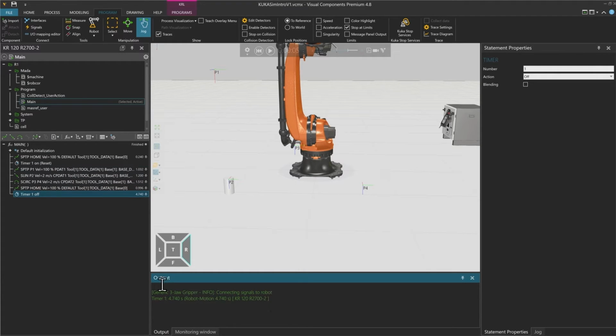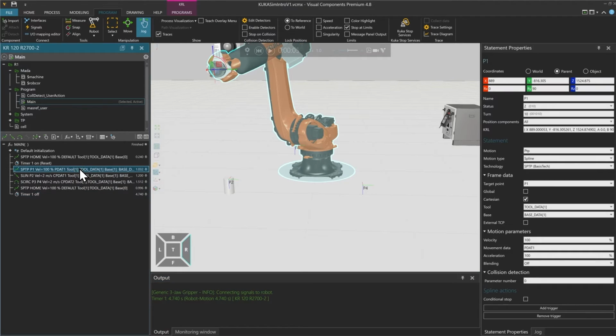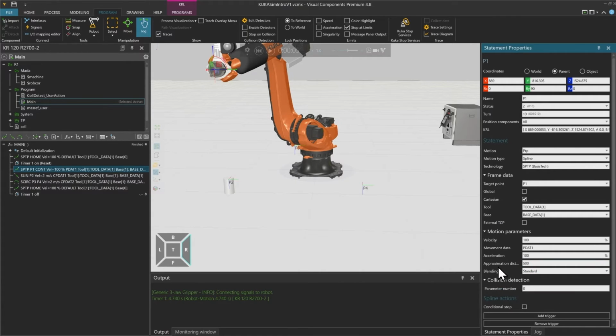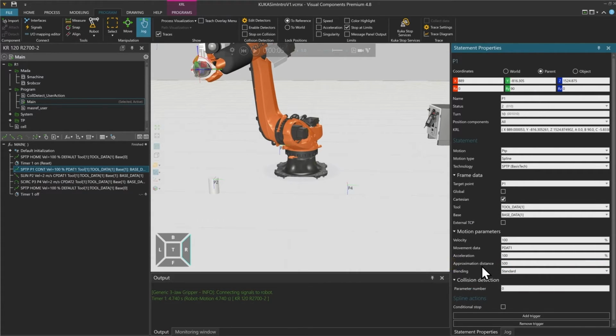Now we want to change a little bit the settings of the point. So for example, if we go to the point 1, in the statement properties, we want to blend over the last point, so make a continuous movement that the robot doesn't stop there. So if I go here to standard, it will add me an approximation distance, which distance it will maximum take to blend over this point.